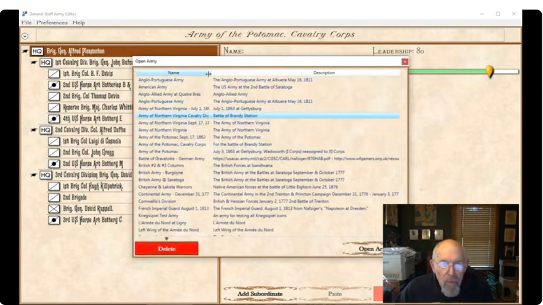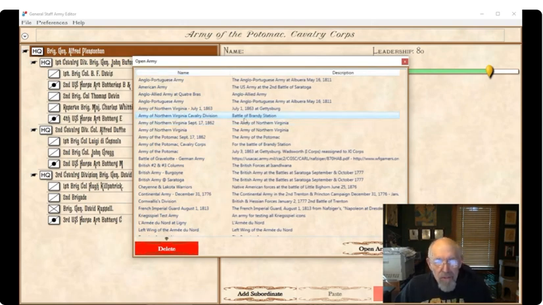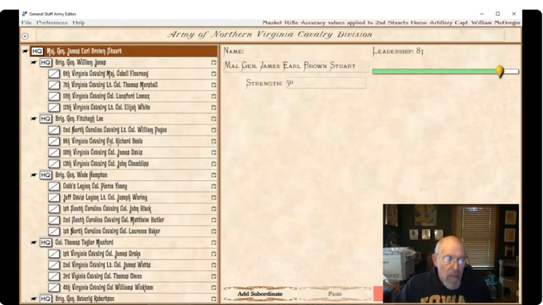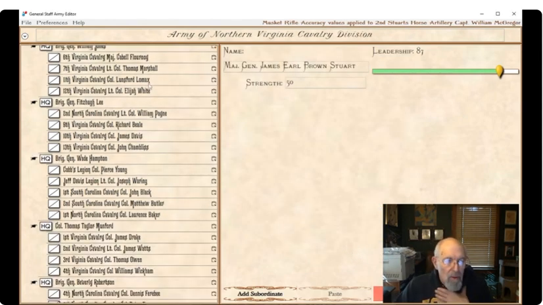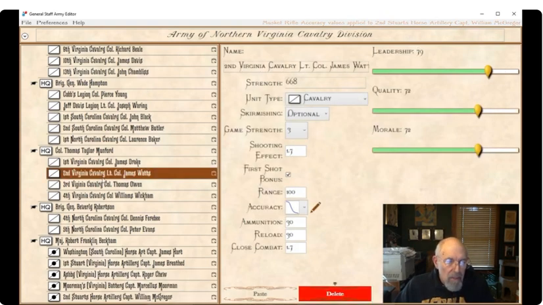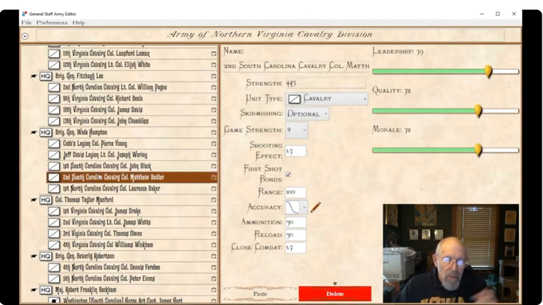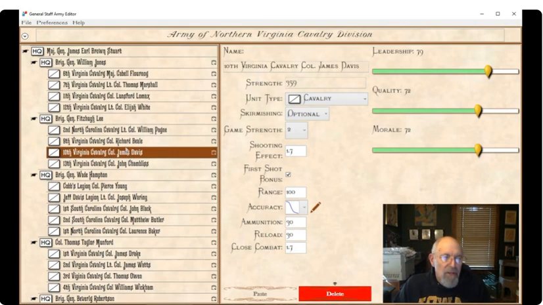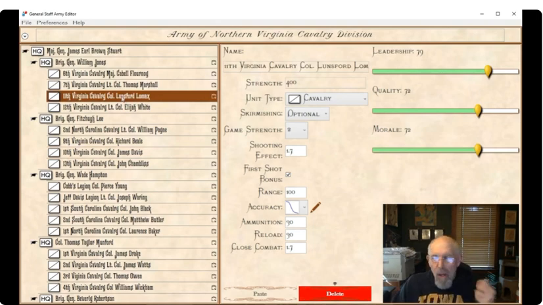This is why we have Battle of Brandy Station, so you know what scenario this order of battle table is for. And boom, here's Stuart, and here's all his cavalry, and here's his horse artillery down here. I finished this faster than the tech support call. I'm still waiting for tech support to call back. So it took maybe 20-25 minutes to do both of these order of battle tables.